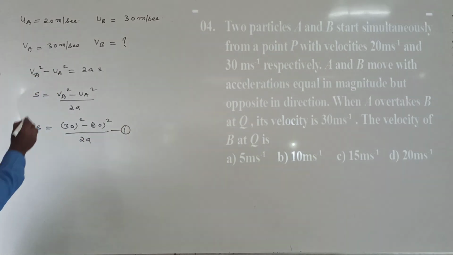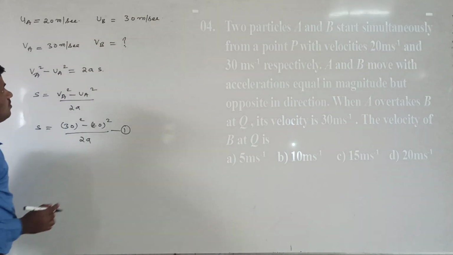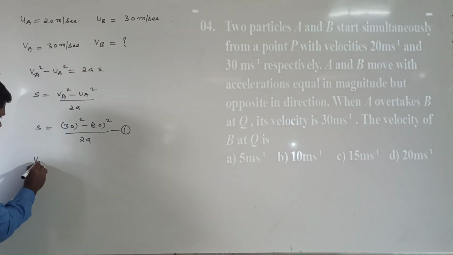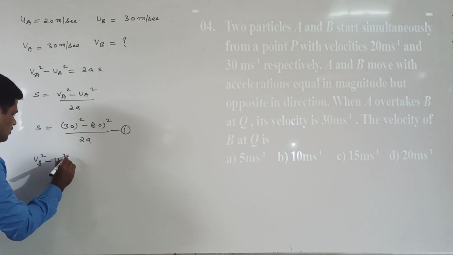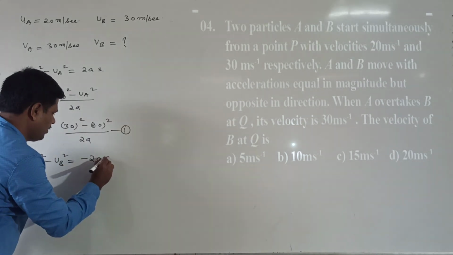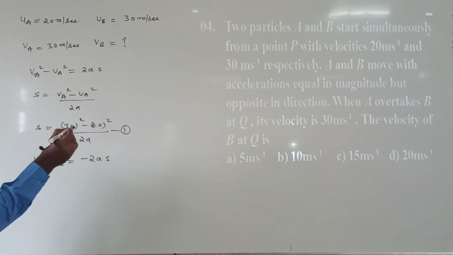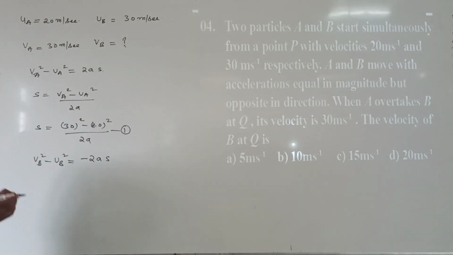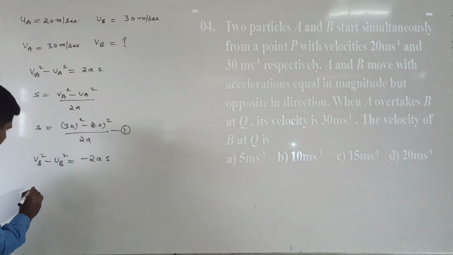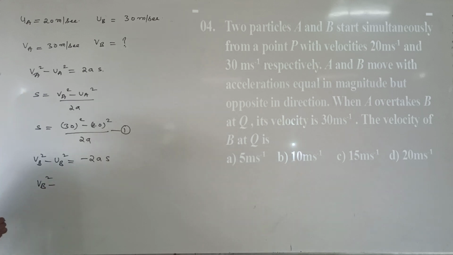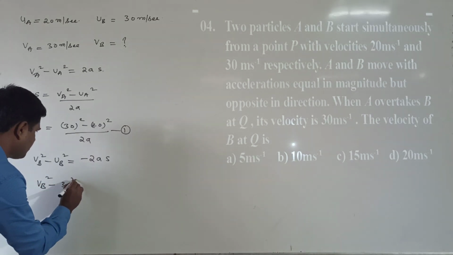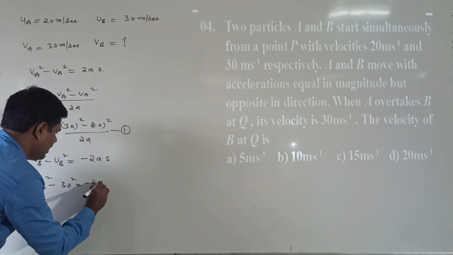Next we can write here for the V for B particle also. VB square minus UV square is equal to minus 2AS. While writing the minus, acceleration is taken as minus, because both are of equal magnitude but in opposite directions. That's the reason I am writing a minus. Here we have to find VB: VB square minus 30 square is equal to minus 2A